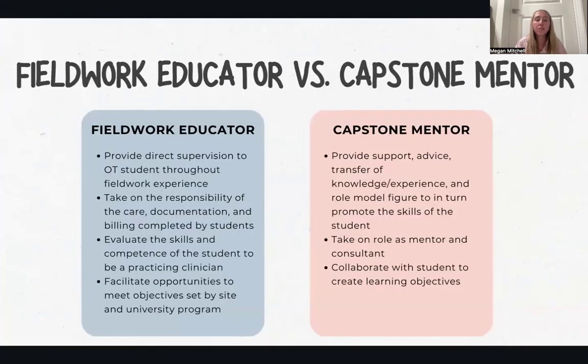So, what is the difference between a fieldwork educator and a capstone mentor? A fieldwork educator is someone who provides direct supervision to the OT student throughout their fieldwork experience. They take on the responsibility of the documentation, interventions, and billing provided by the student. They evaluate the skills of the OT student to establish competency to be a practicing clinician. And also they facilitate opportunities to meet not only the site's objectives, but also the learning objectives set by the